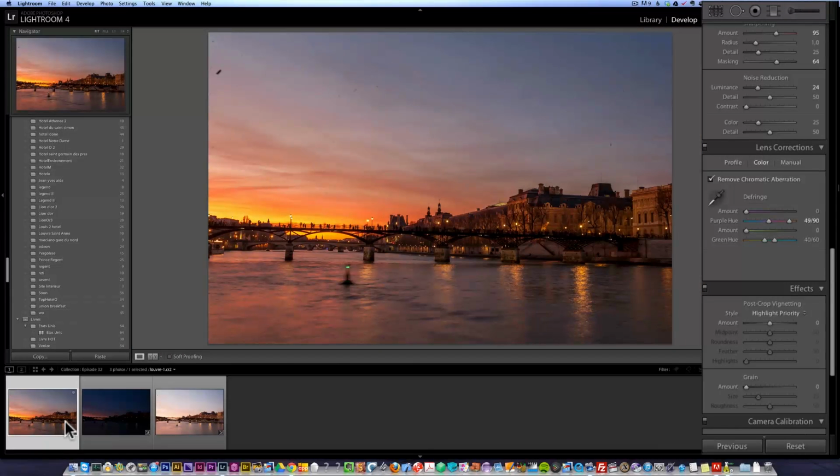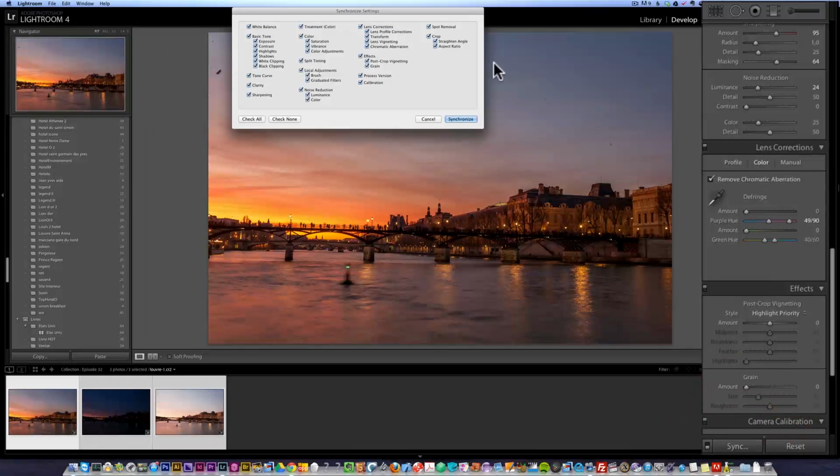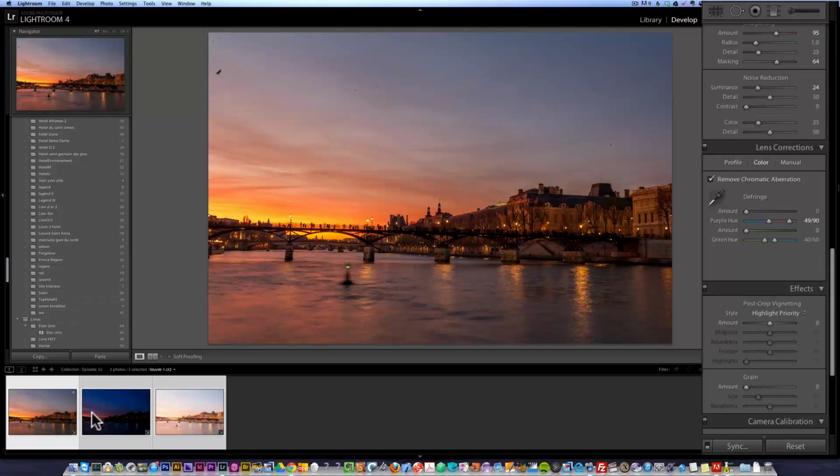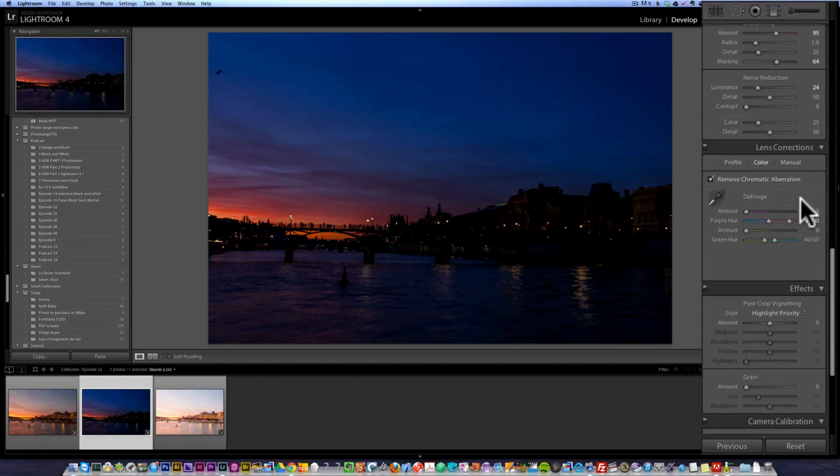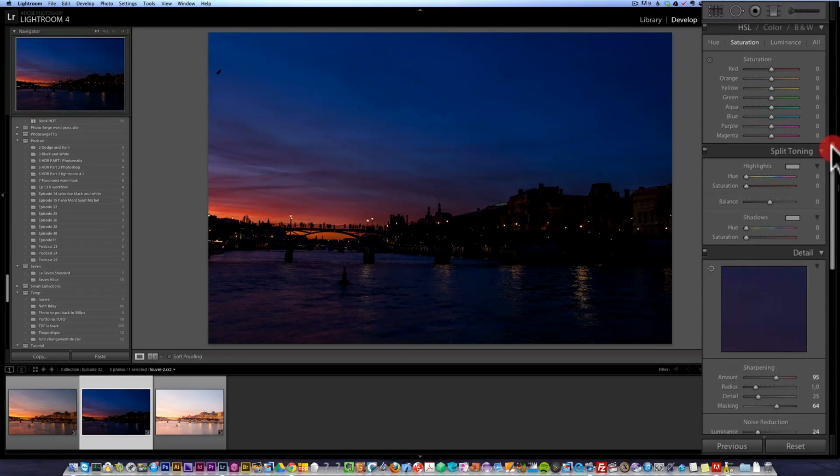And then I'm going to select all three photos, and I'm going to click on sync, choose everything, and click on synchronize. Basically, I'm synchronizing all I've done on the first photo on the two other photos. So now let's take the underexposed photo, and let's just make sure, that's very important,